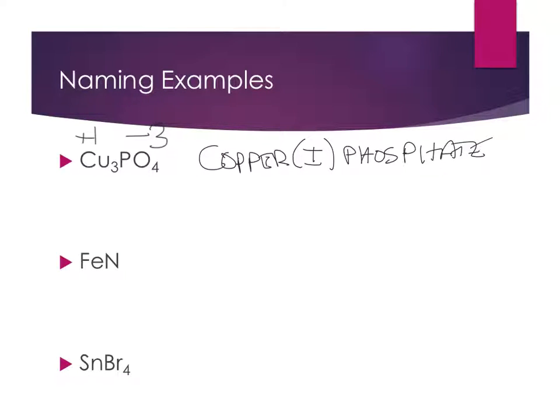Right? And that's it. You're done. Tells me exactly what I need to know. Copper is in the +1 state, phosphate. So when I form this compound, I know that I'm going to do it like this, just as we would